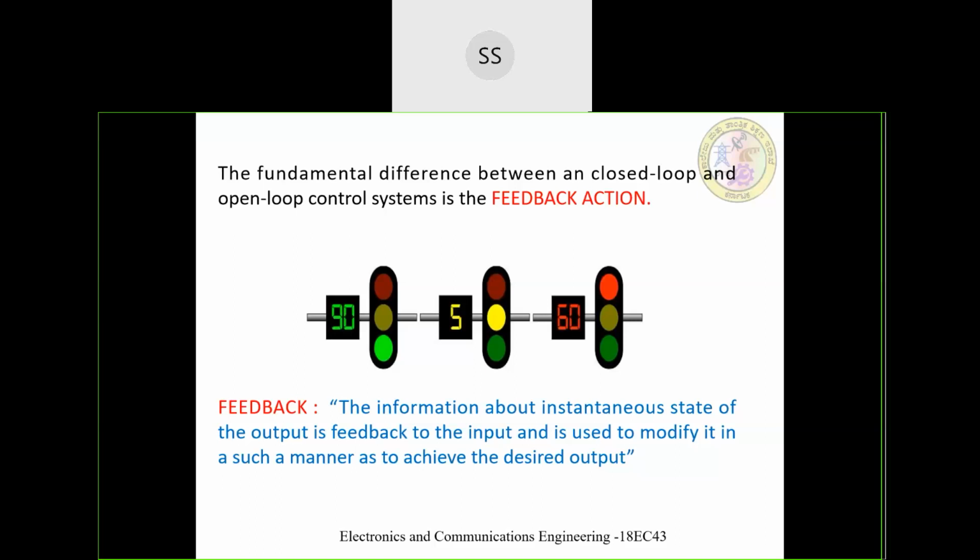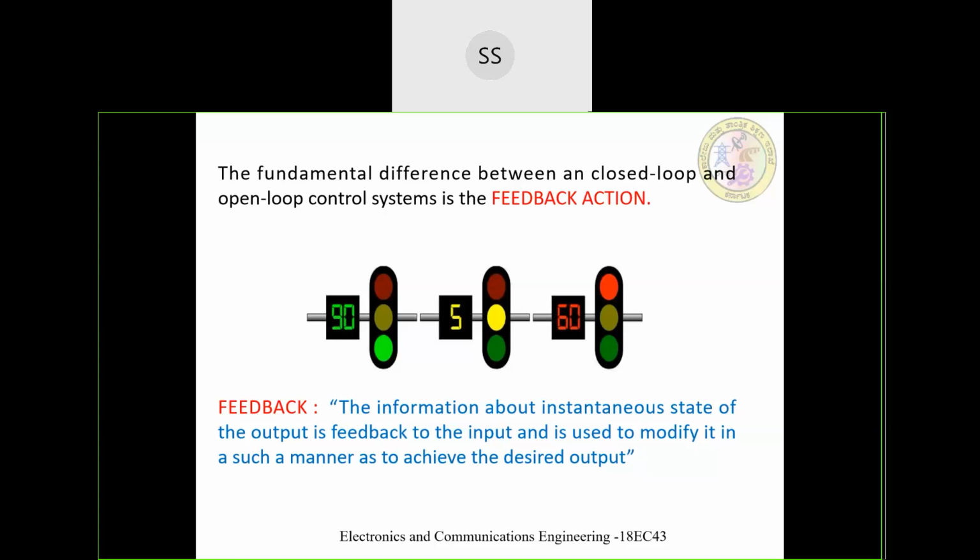In an open loop system there will not be any feedback. For the applied or received input, like this traffic system, the system keeps on working, generating some definite output, or sometimes the output may go uncontrolled, because there is no provision to correct the errors. So in an open loop system there is no method to detect or control the errors. Whereas in a closed loop system there is a continuous interaction between output and input, and the outputs are continuously tracked.